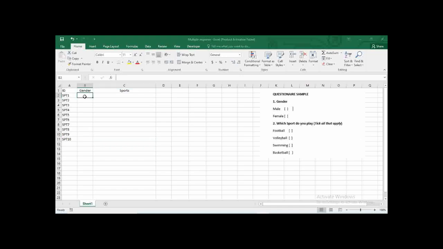So just to fill in our Excel data, I'm going to randomize the gender here. I'm going to put this as male. And when it comes to entering a multiple response question, if an individual has 3 responses, it becomes very hard to fill all of them individually in a single cell. So it becomes very challenging, and that is the essence of knowing how to enter multiple response questions in Excel